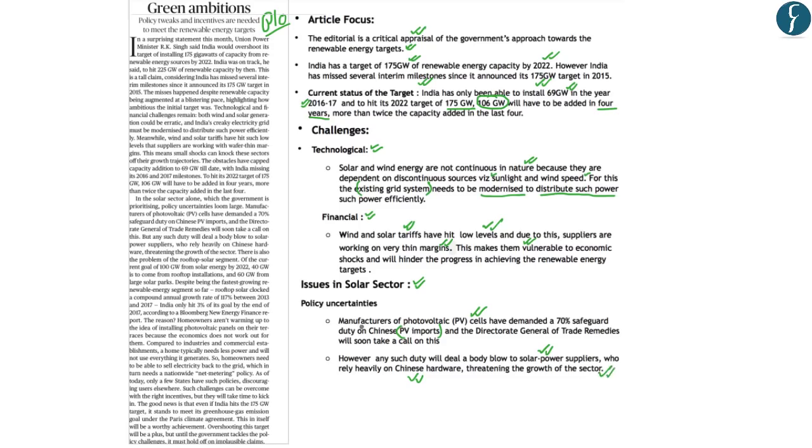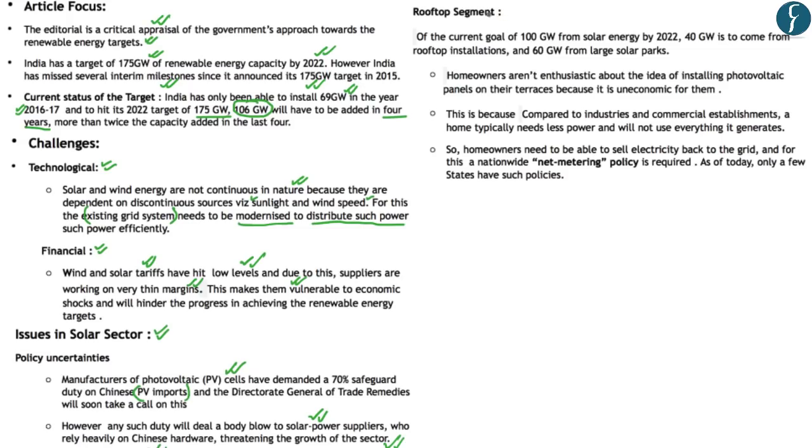power sector. So, this issue between the manufacturers of photovoltaic cells in India and the consumers of photovoltaic cells in India is yet to be seen, on how the Government of India, or more specifically the Director General of Trade Remedies, intends to solve. Now, the final challenge highlighted in this article is with regards to the rooftop segment within